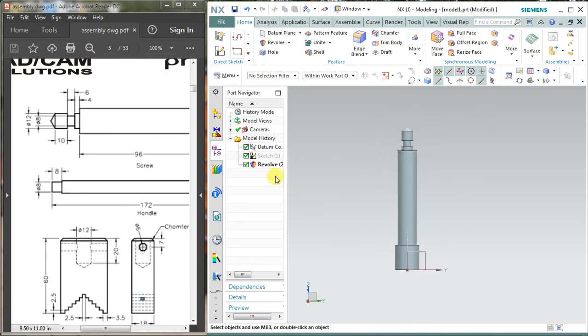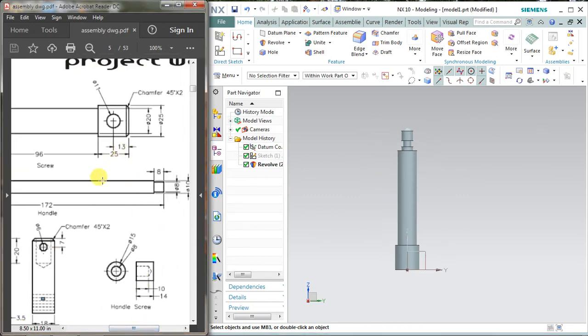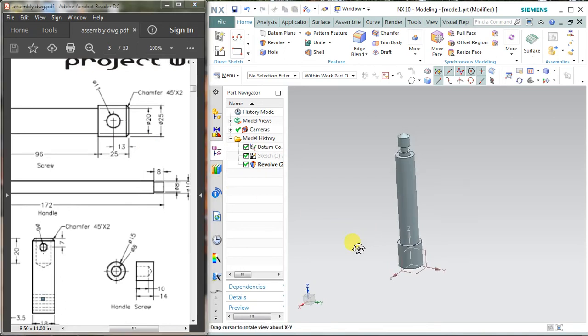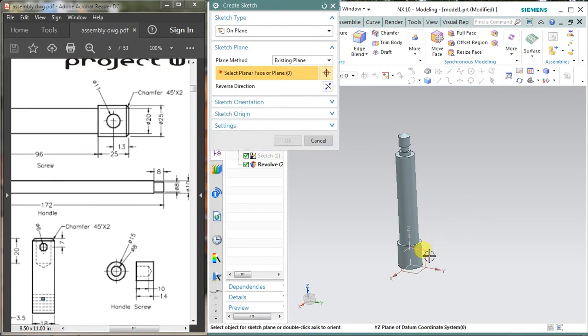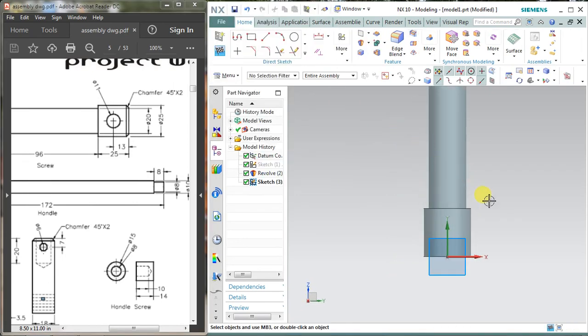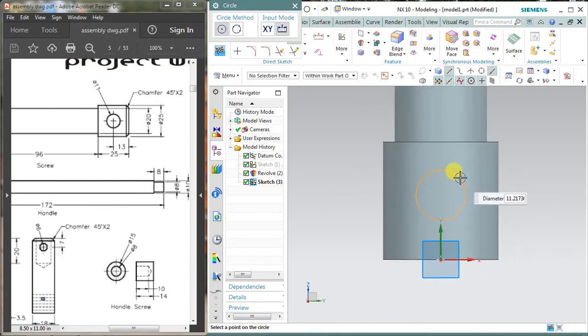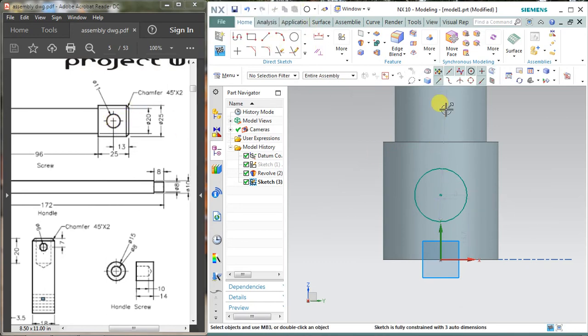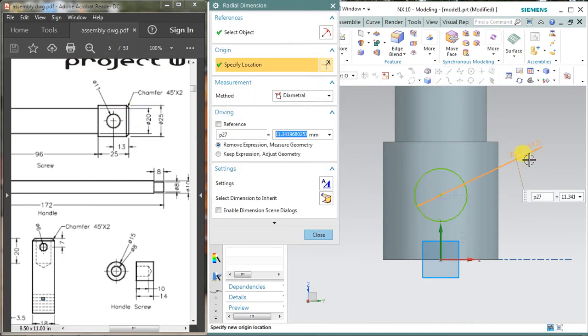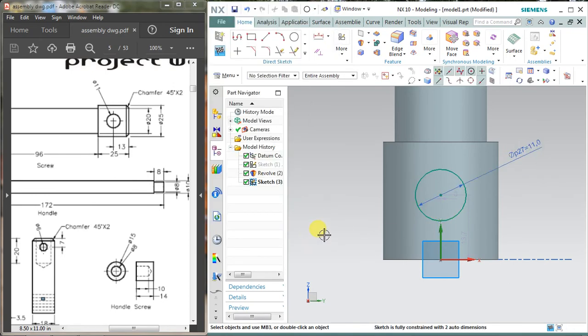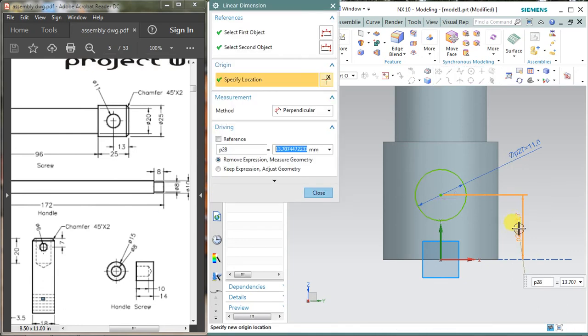Hide the sketch. The next thing is, there is a hole at the top of this screw. It is a 10 mm diameter screw. So for this, select the sketch, choose this YZ plane, and okay, draw a circle at the exact center. The diameter of the circle is 11, so assign 11 diameter to this hole, and the height is about 13 mm. So drag this temporary dimension outwards, double click to edit it, and assign 13 mm to it, and close it.